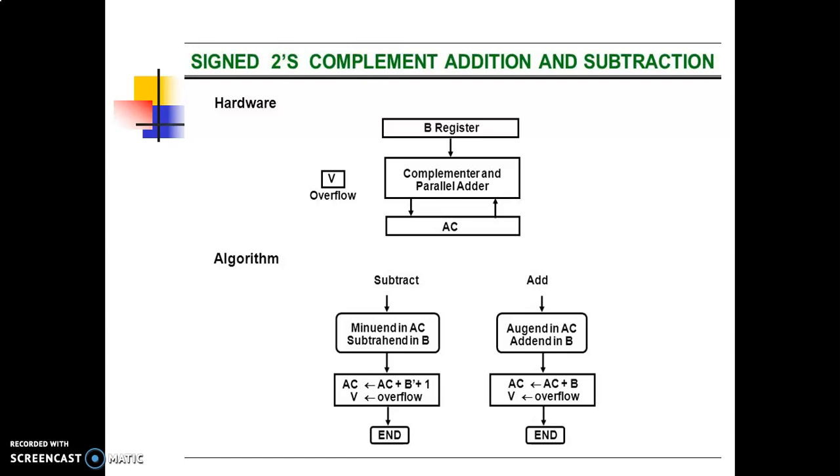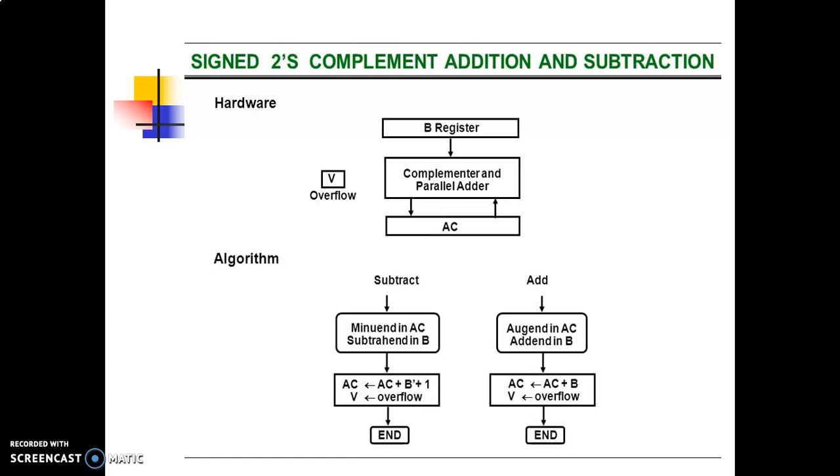The signed 2's complement representation of numbers, together with the arithmetic algorithms for addition and subtraction, are shown in that slide. They are summarized here. The leftmost bit of a binary number represents the sign bit: 0 for positive and 1 for negative.